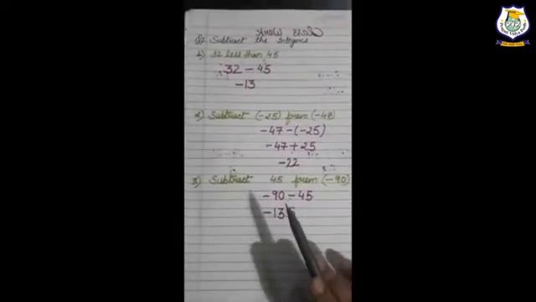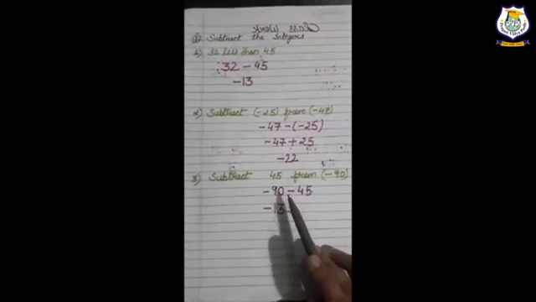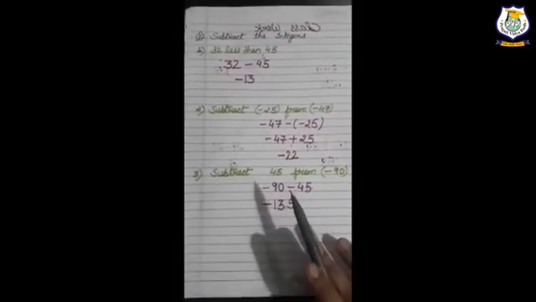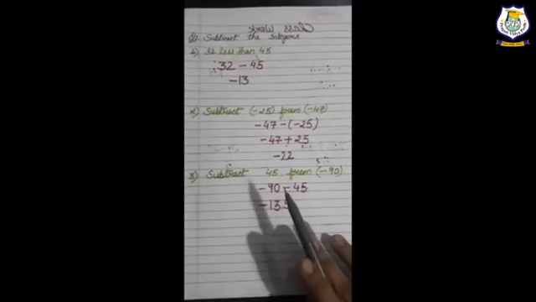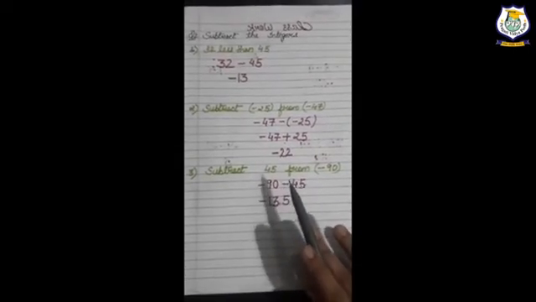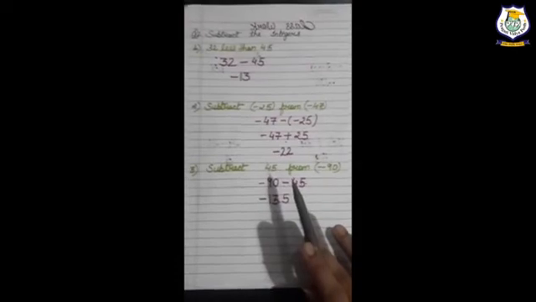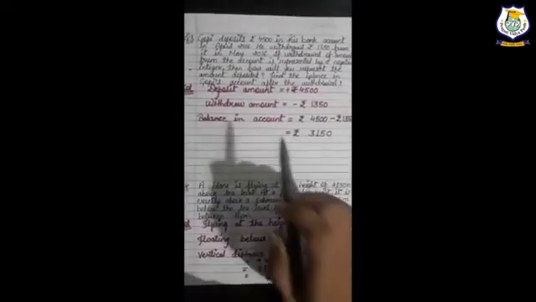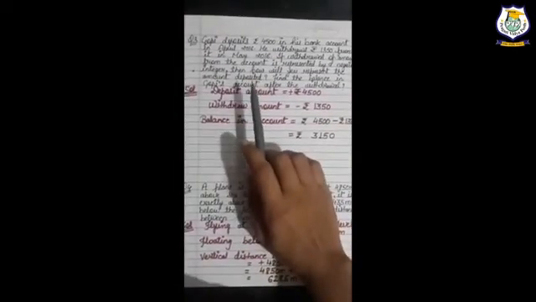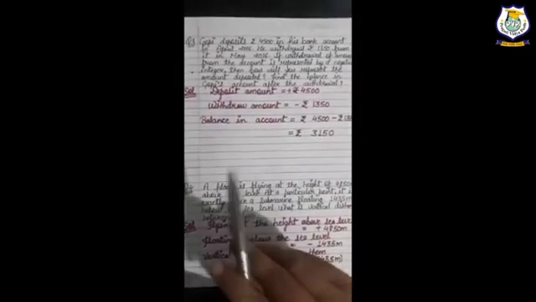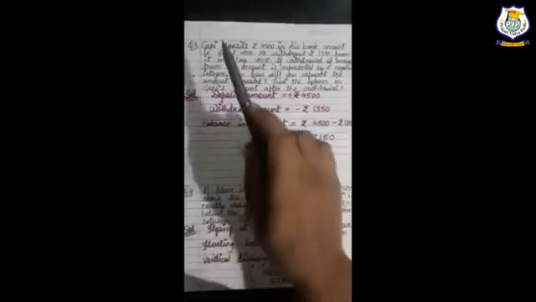So like that you will do the addition and subtraction of integers. You only have to remember some rules, otherwise it is very easy to do the addition and subtraction of integers. Now here I have taken some word problems related to addition and subtraction of integers. Right, so our first word problem is